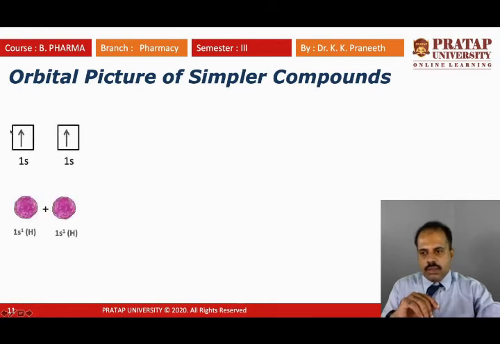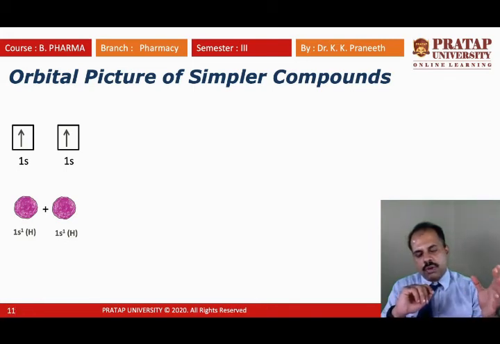This is the orbital of the first hydrogen. The 2 hydrogens are present in water, right? This is the orbital of the first hydrogen. This is the orbital diagram, 1s1. One electron is present here, and this is the second orbital where the second electron is present. So I have shown the 2 orbitals of hydrogens here. Next, we need to put the orbitals of oxygen to make it complete.